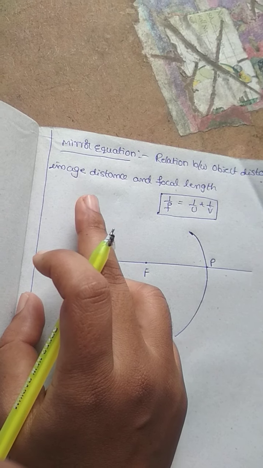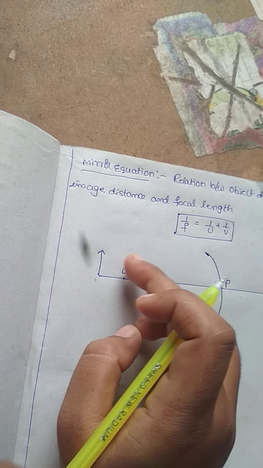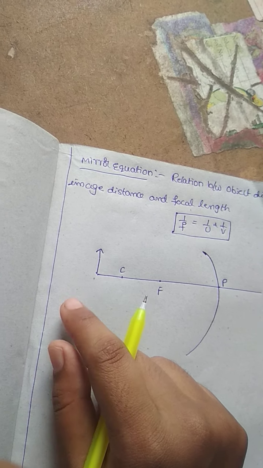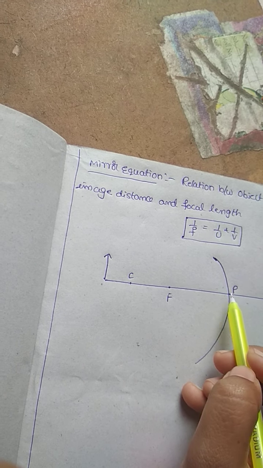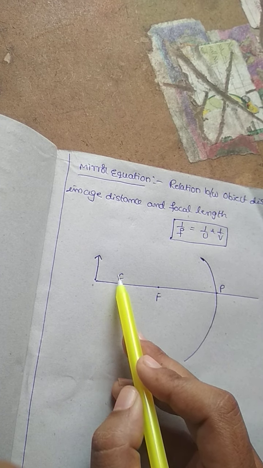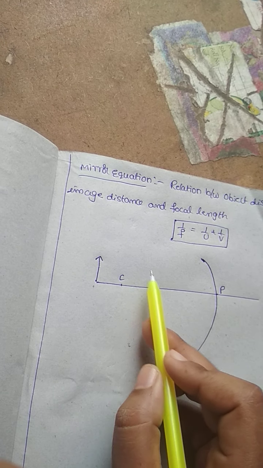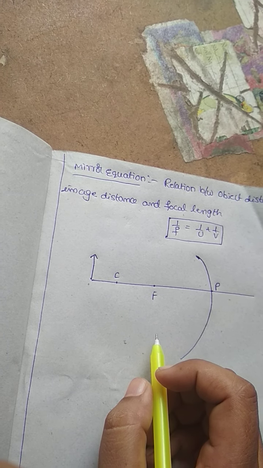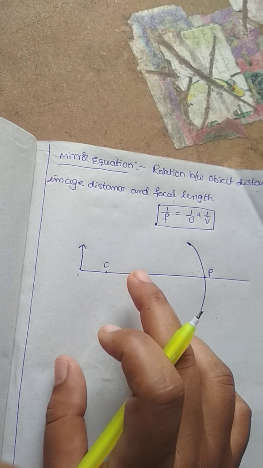Already I discussed the 4 rules: rule 1, rule 2, rule 3, rule 4. Rule 1 tells that whenever a ray of light is incident on a spherical mirror, after it reflects, it passes through the principal focus. Rule 2: whenever a ray of light goes towards the pole obliquely, it will reflect obliquely. The third rule is whenever a ray of light passes through the center of curvature, it will go back in the same path. And the fourth one: a ray of light passing through the principal focus will, after reflection, go parallel to the principal axis. So by using the 4 rules I am solving this question.